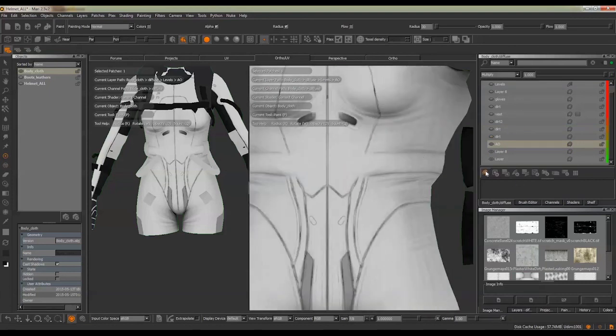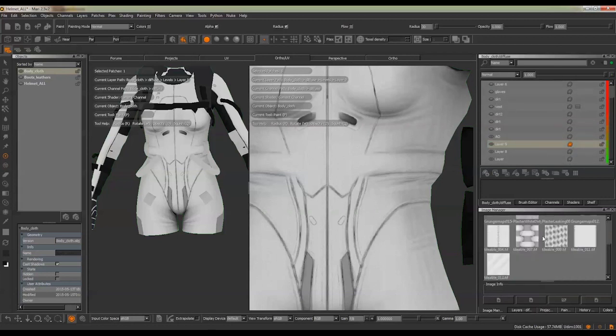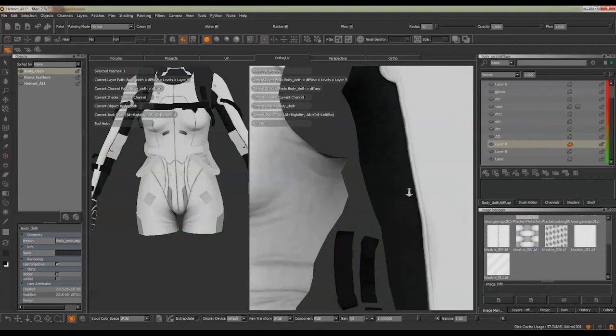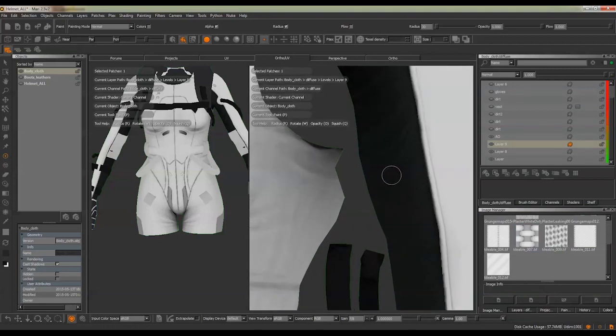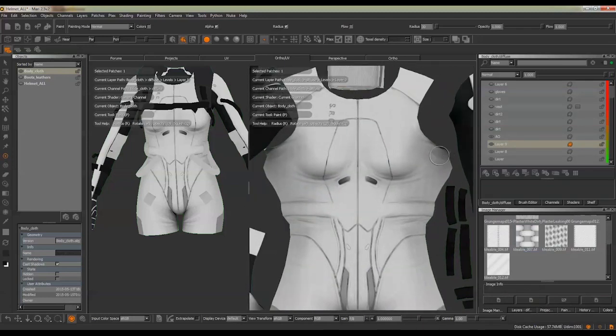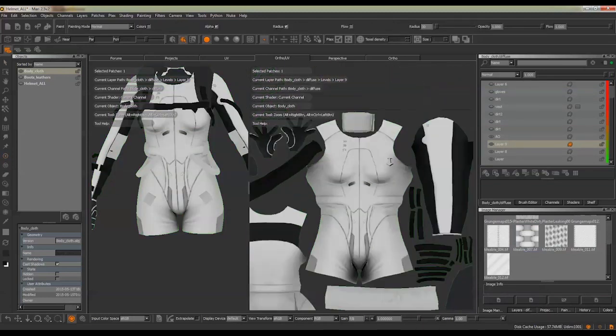So I'm gonna add some dirt. Make sure you put it under the AO so you don't paint over it. Oh, sorry, no, not dirt. We're gonna do some fabric first to give a different texture that we can later add to the normal map. So I have here some tileable textures of fabric,